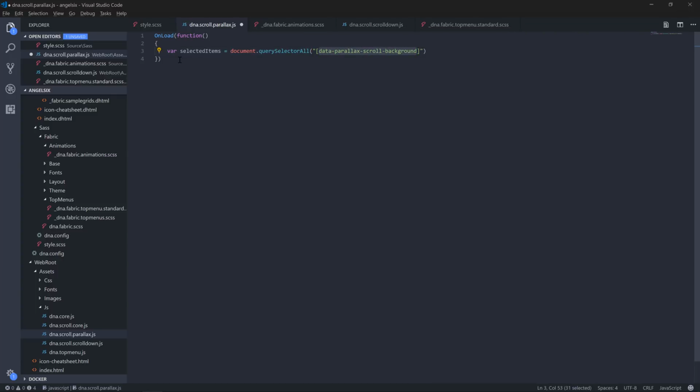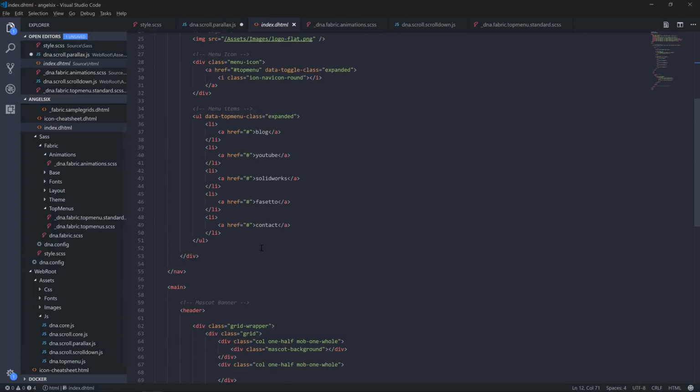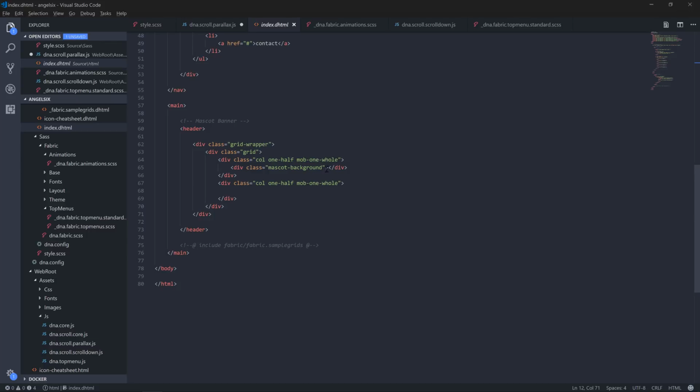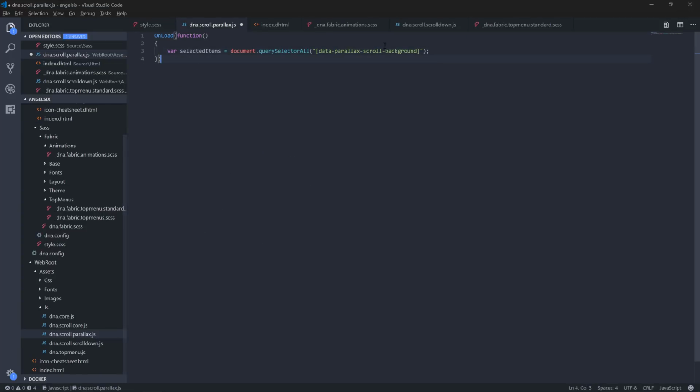And then in order to find that element, we will add that to our HTML. So our mascot background here, let's just add the parallax to. We're going to give it a value as well, so we can change it. So we want it to scroll at half the speed it should, so between 0 and 1. So this now will find all elements with data attribute. Then for each of those,